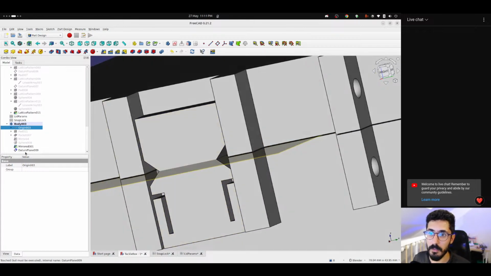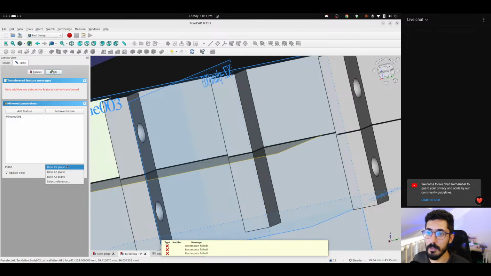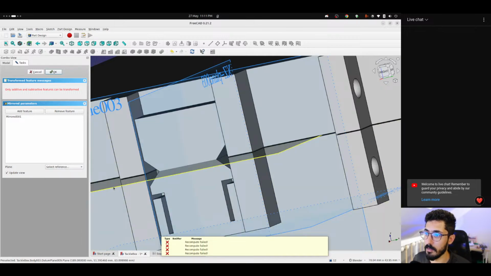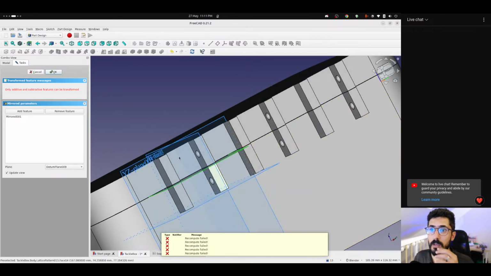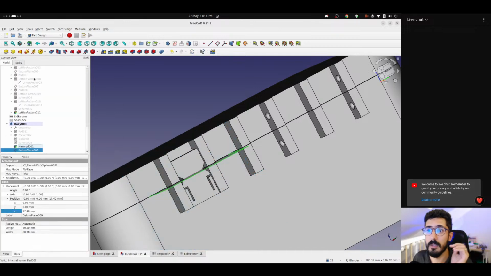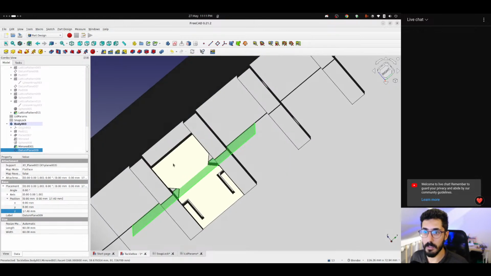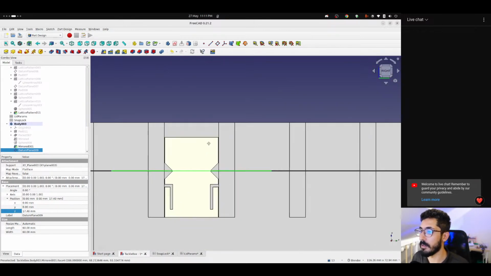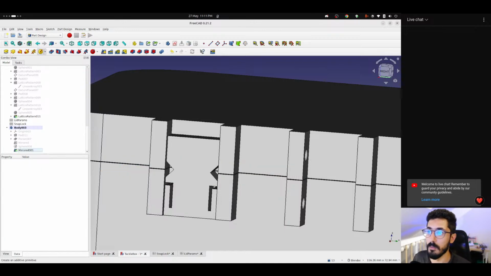So can we mirror this using select reference using this plane? No, we cannot. Only additive and subtractive features can be transformed. So basically it's telling me you cannot mirror a mirror. Okay, that is fine. We can just redo it. So create a sphere,